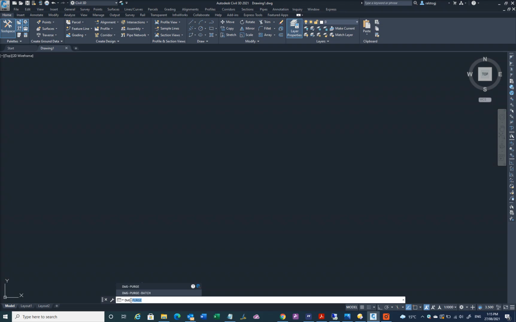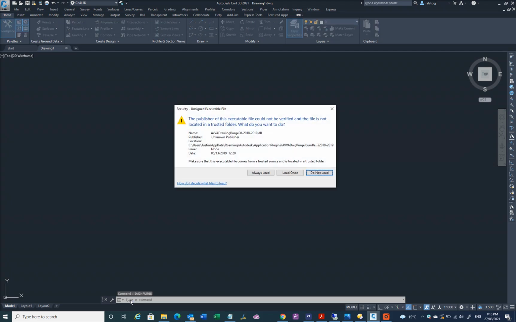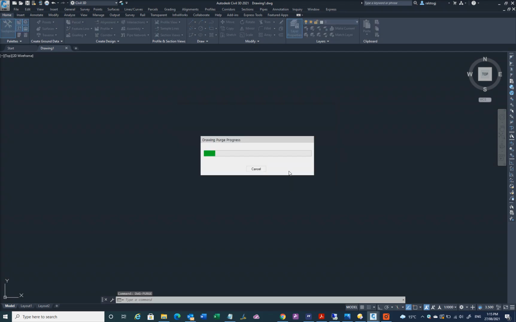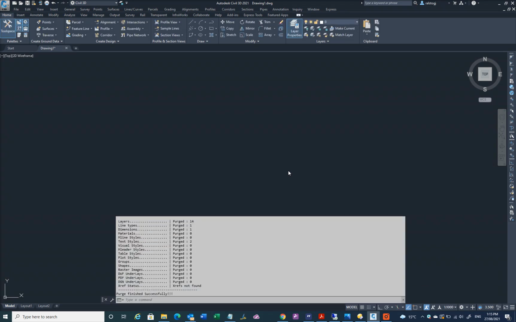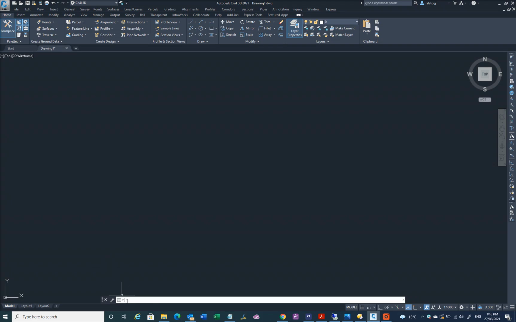So we're going to do a batch purge here, mainly because we can run a purge to start with. So we just fire that up. It asks you if you want to run the program, and then it basically purges your drawing, tells you what it's purged out of the local drawing, and finished. But if you do a batch purge,